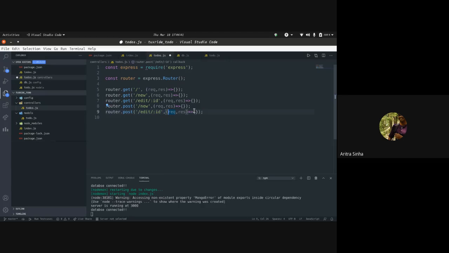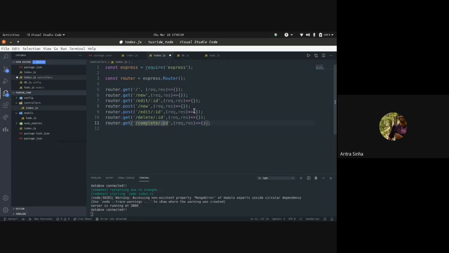Yeah, this will do. Also, we can add two more routes. Both of them could be get. We are not using put or post because we would require maybe method override. There's another library which we could use to create get, delete or put requests. So we'll just use them as of now. Okay, we'll use this to complete a to do.